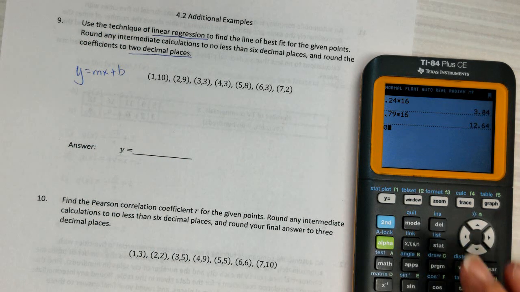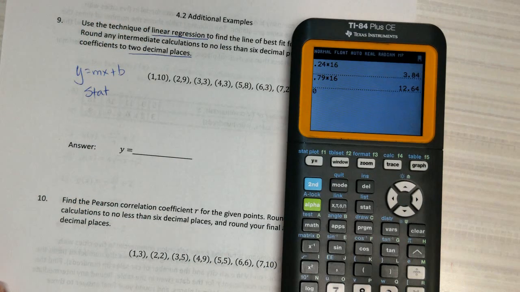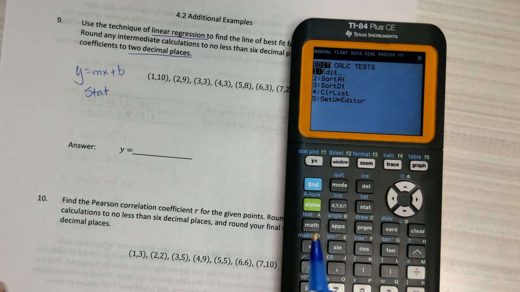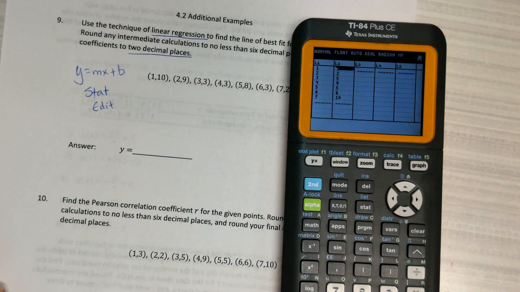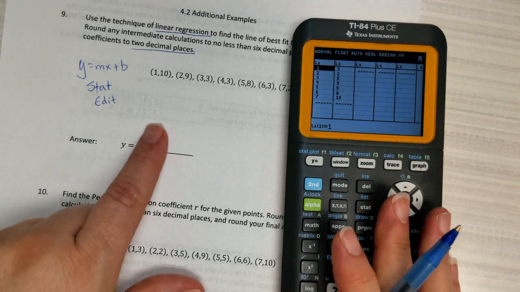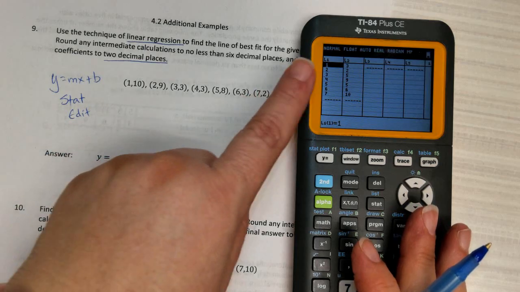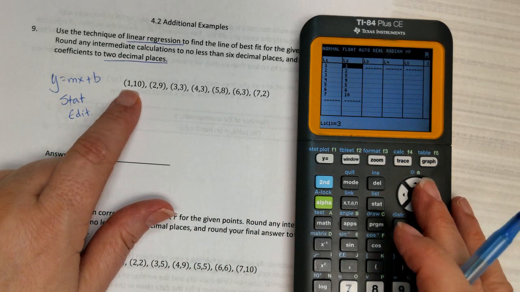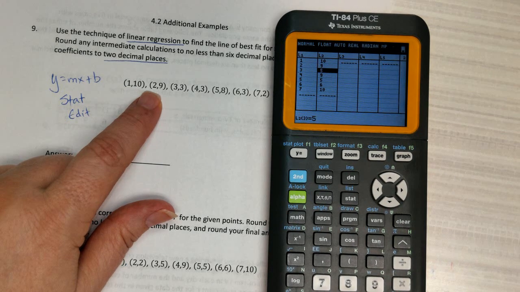And we're going to go to stat, which is that middle button up here. And we're going to edit. And here I have some numbers in here already. Some of them are the same. So 1, 2, 3, 4, 5, 6, 7, that's in L1. L2, I need to change. So that's 10, 9, 3,